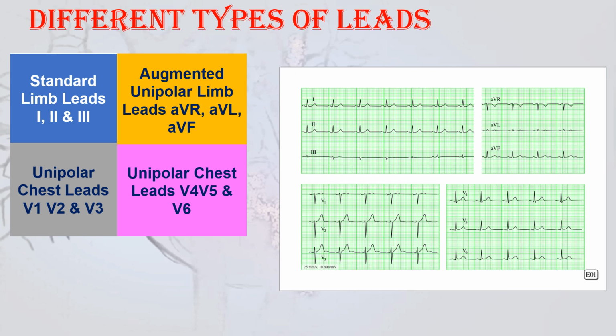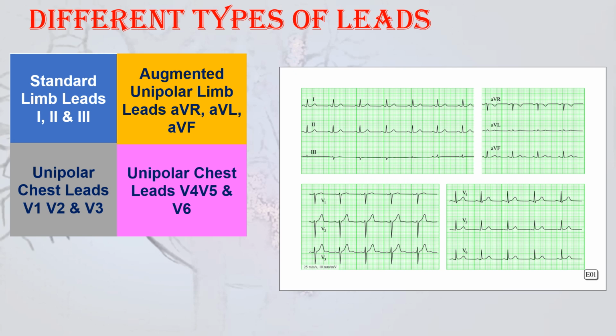As we learn in ECG, we should know what the different types of leads are. Usually we say there is a 12 lead ECG. Which are the 12 leads? Here the leads are categorized into standard limb leads. The standard limb leads are 1, 2 and 3. So you can compare with this ECG paper. In the ECG paper, we used to see first, second and third, the Roman numerals. That is what the standard limb leads are.